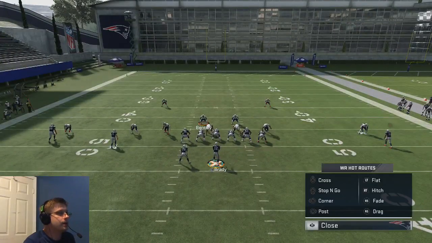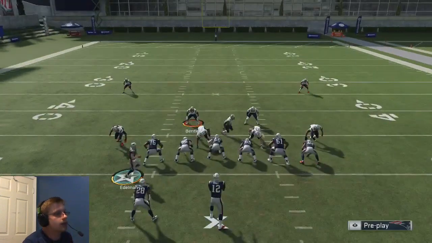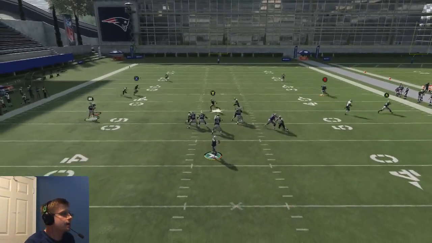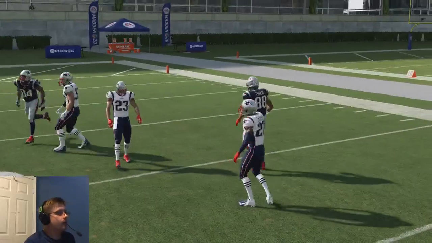If you know it's 2-man under, what I encourage you to do is motion snap this drag. That way it's not pressed. There's that, there's that. You got the post over there. So there's a lot of stuff for them to guard. Alright? If they have really, really good man corners,